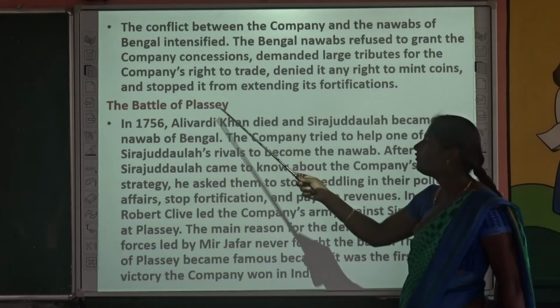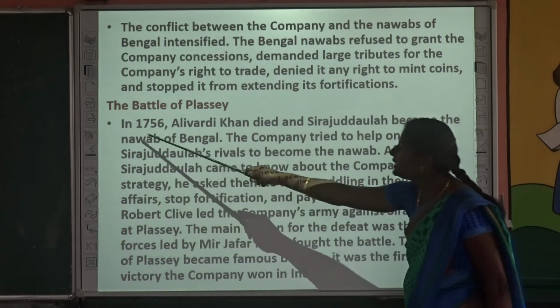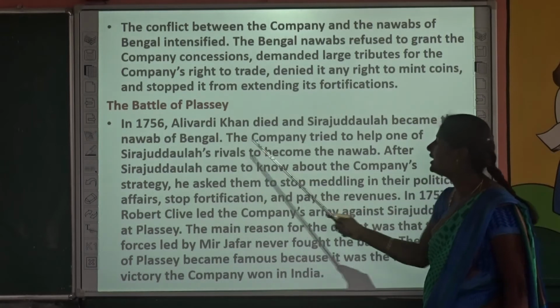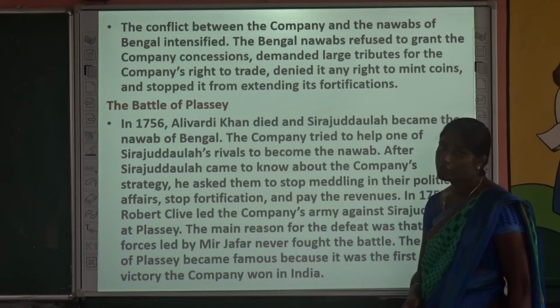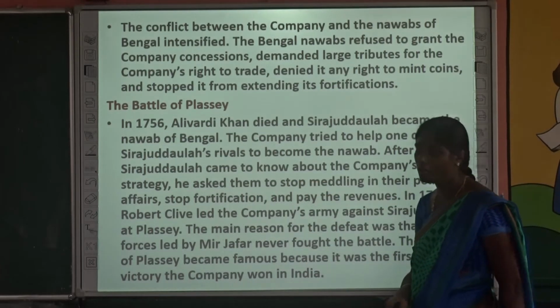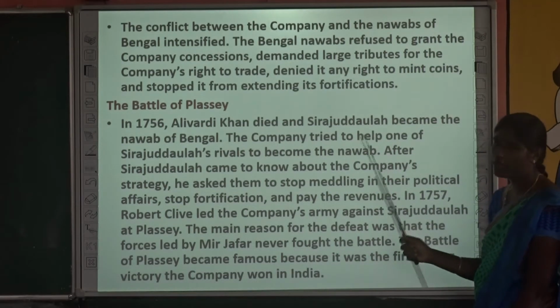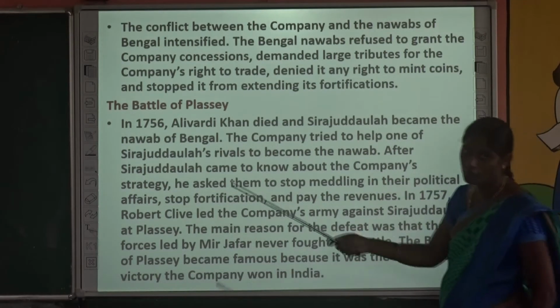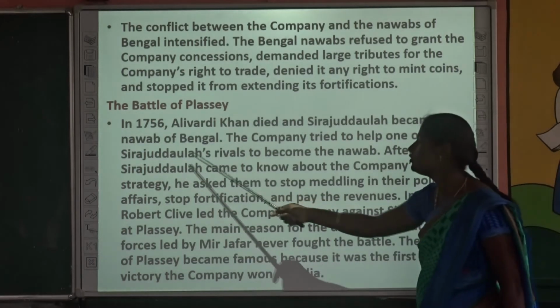And the Battle of Plassey. Plassey is a place. In 1756, Ali Khan died and Siraj Dawla became the Nawab of Bengal. So in the year 1756, Ali Khan was the king of Bengal. So after his death, his successor was Siraj Dawla. Siraj Dawla came to the throne of Bengal, and the company tried to help one of Siraj Dawla's rivals